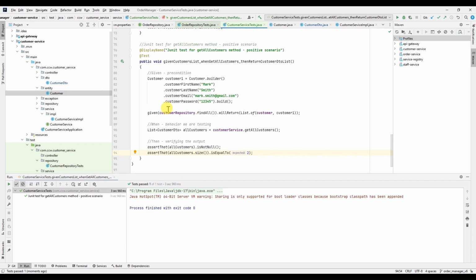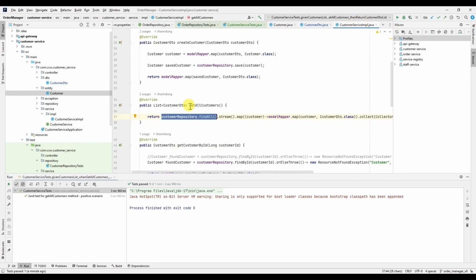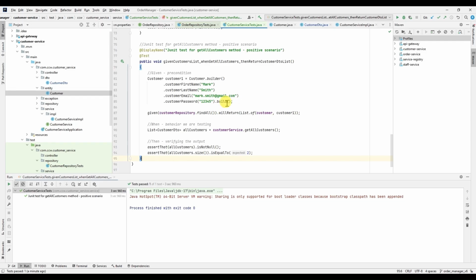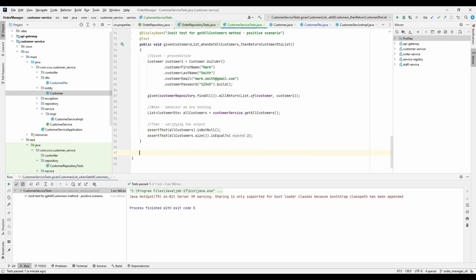So next we are going to write the unit test for the get all customers method, but for the negative scenario. So the negative scenario means it should not return any customer list. Instead, it should return empty, because in the real world it is possible sometimes when we call this get all customers method, and if there are no customers in the database, it can return an empty list. So let's write the unit test for that scenario,